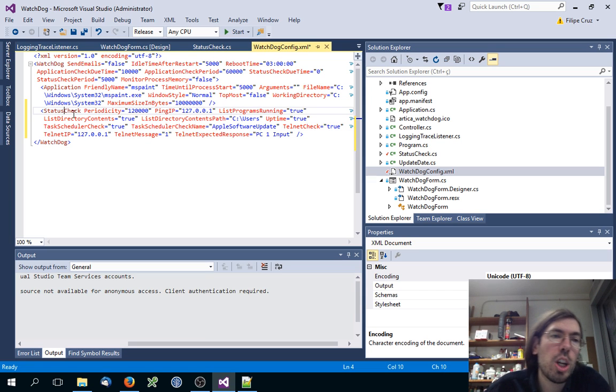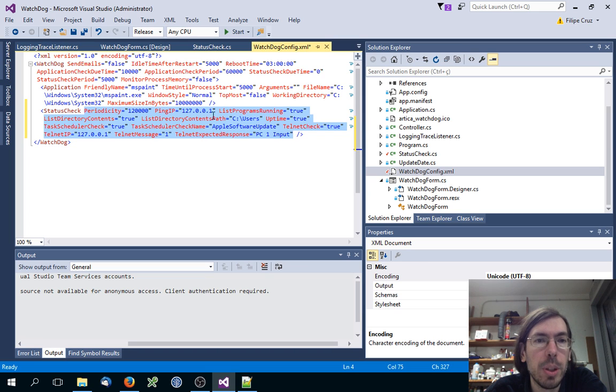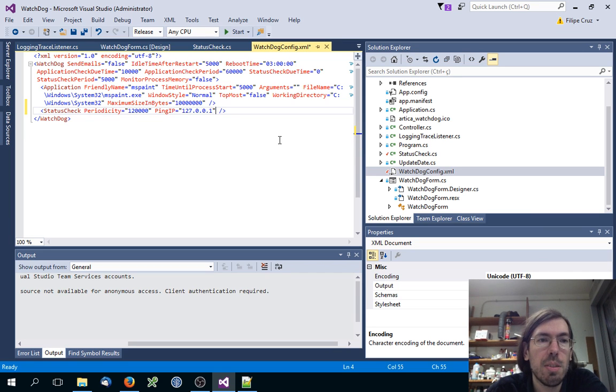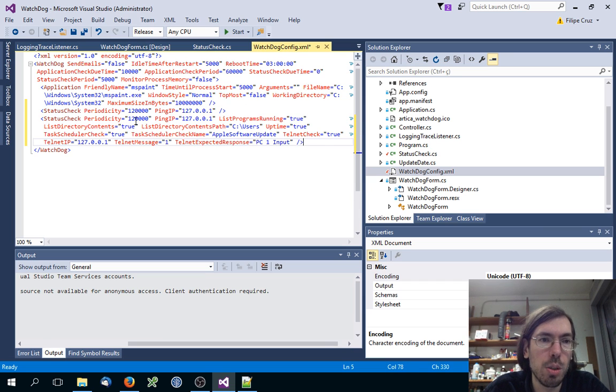And what the status check does is every once in a while we will check for different status of the machines which can be triggered. Here I list all of the arguments possible, but you can just include a few. For example, if I want to only ping a certain machine, I can do that. Every 2 minutes I will ping the machine, and I remove everything else, and this will be the only check that it does. Then I can do another check which once every minute, I can do it like this,